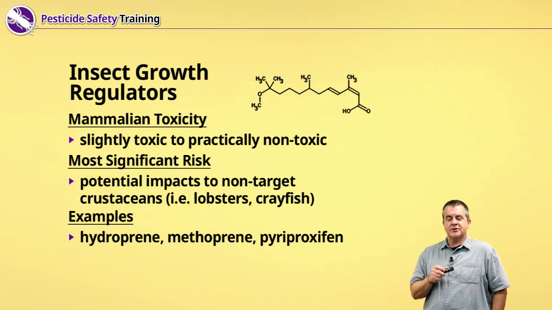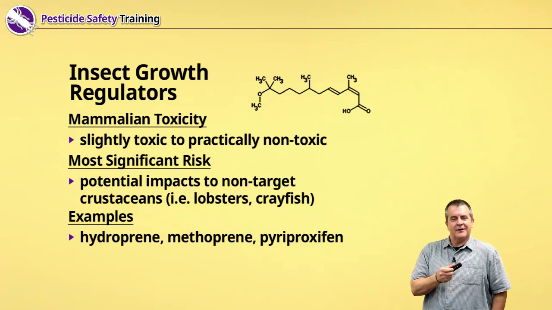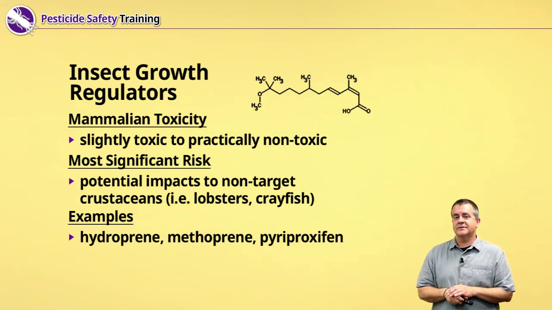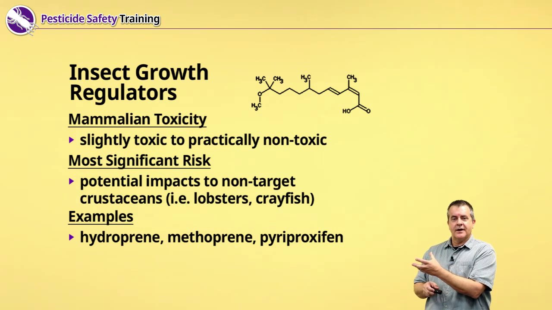Potential impacts to non-target environment. Well, at least in theory, risk to crustaceans. Think of like lobsters or crayfish. They also have exoskeletons produced of chitin. So at least in theory, if these compounds were to get into water, they would pose some risk to these non-target crustaceans as well. At this point, we should probably talk a little bit about theoretical risks versus actual risks.